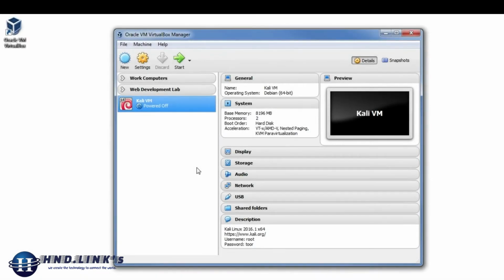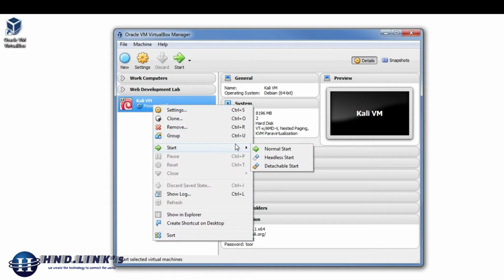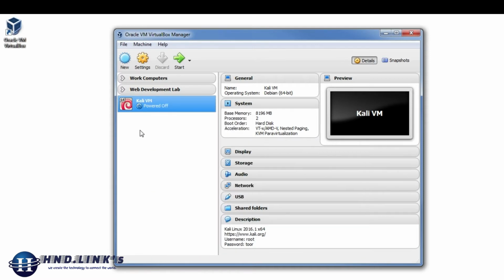In this lecture, we're going to learn how to operate our Kali Linux virtual machine. The first thing we need to do is power on the VM. To do this, right-click on the VM and choose Start, Normal Start. You may also left-click on the VM and choose the Start button that's at the top of the VirtualBox Manager